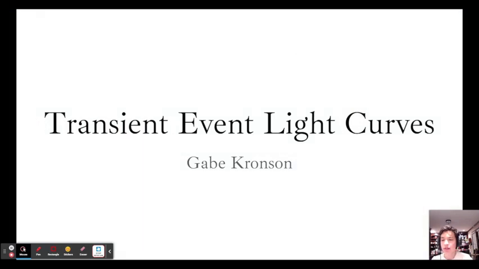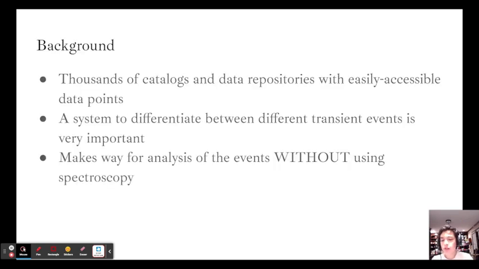Hi, my name is Gabe Kronson, and I'm going to be presenting a data analysis on transient event light curve decay. So for a little introduction, our question was, can gamma ray / X-ray data from black hole binary neutron star mergers and magnetars be fitted into an equation to determine and analyze parameters in order to differentiate between transient